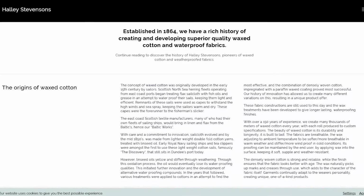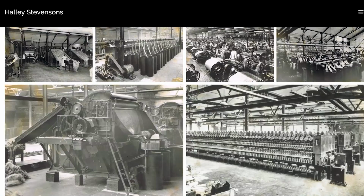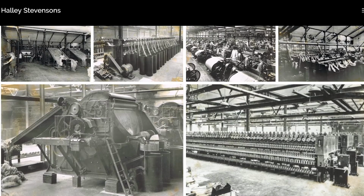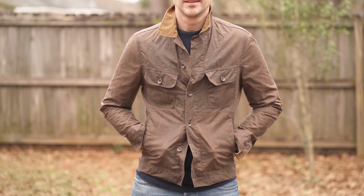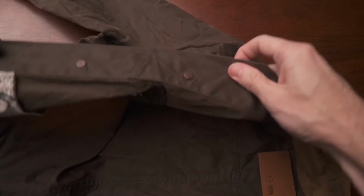Now, Hallie Stevenson's has been around since the 1800s, and they're a leader in waxing fabrics, so it's really cool that they got this done. The inside is unlined. Then there's corduroy on the collar and corduroy on the cuffs, and these little additions make it really easy to wear when it gets kind of chilly. Now, this isn't a super heavy jacket. It's unlined. It is weatherproof or weather resistant because of the wax coating on there,